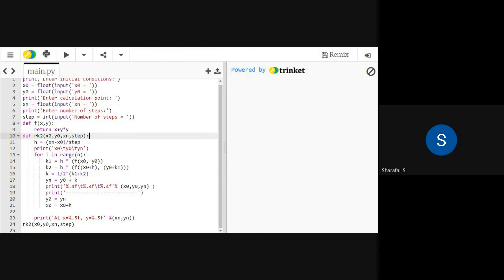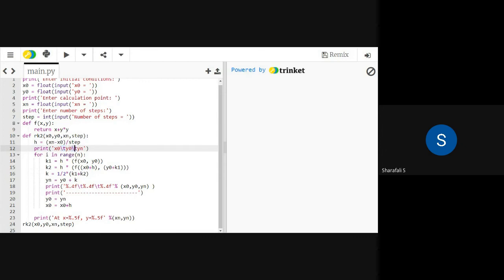Let me see. Okay, so then I will calculate this h value. The h value is nothing but the final value of x where we had to find out the y value, and that is xn. Then the initial value is x0, so xn minus x0 will give the entire range, divided by the number of steps, that will give you h. Okay, and then print x0 slash t,